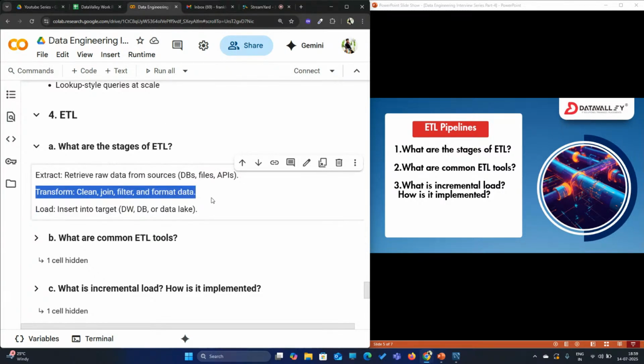So talking about transformation, I might clean. What do I mean by clean? I might try to remove the duplicates. I might try to remove the null values. I might try to handle the missing values. I might try to run a join. I might try to filter my data. I might try to work on the format of the data. What do I mean by format of the data? For instance,